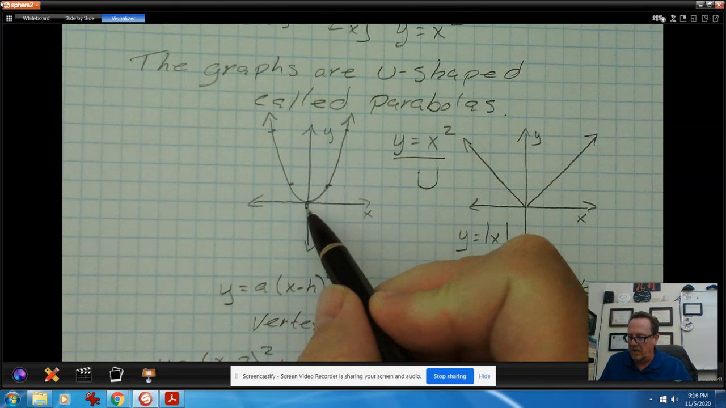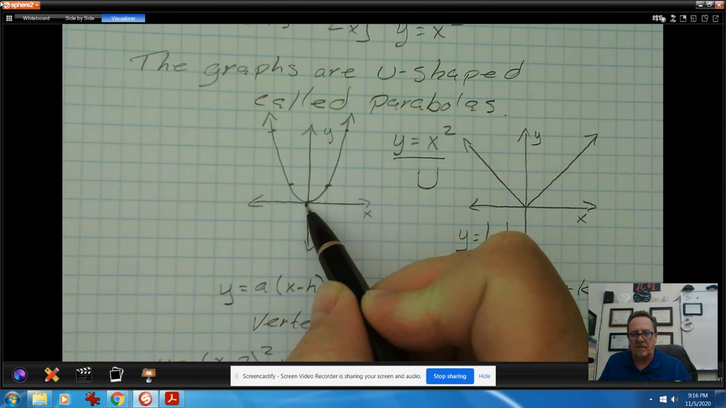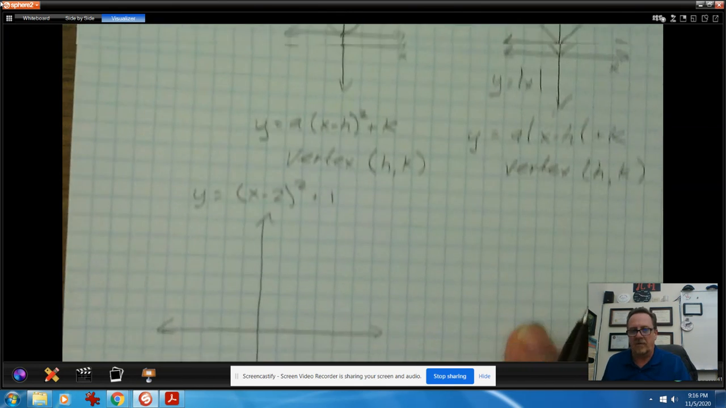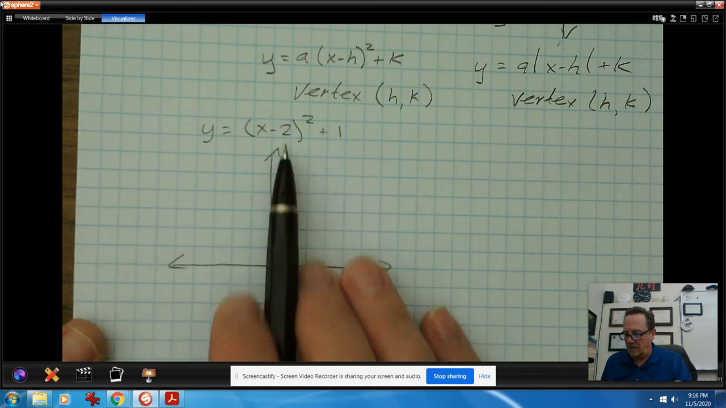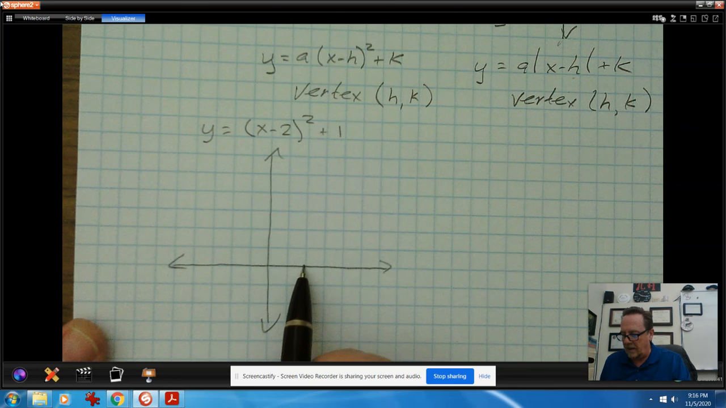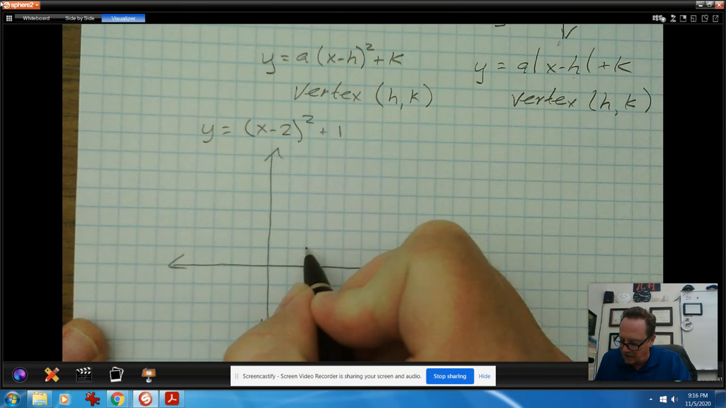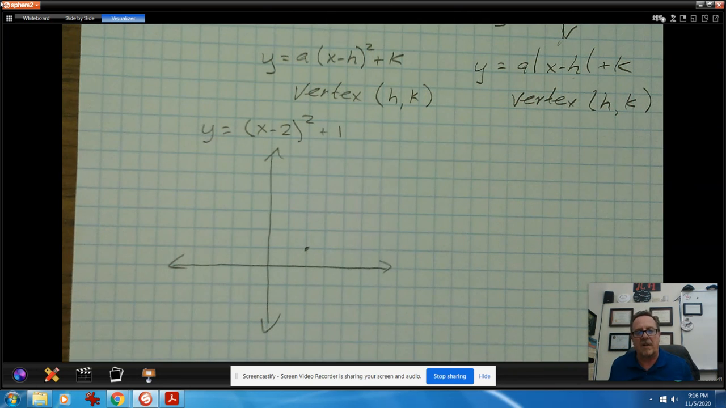So whereas the normal parabola would be at the origin with its vertex, the vertex for this function will have moved to the right by 2 and up by 1. So here's the actual location of the vertex. Okay? And so my U shape is going to be drawn there. Now,